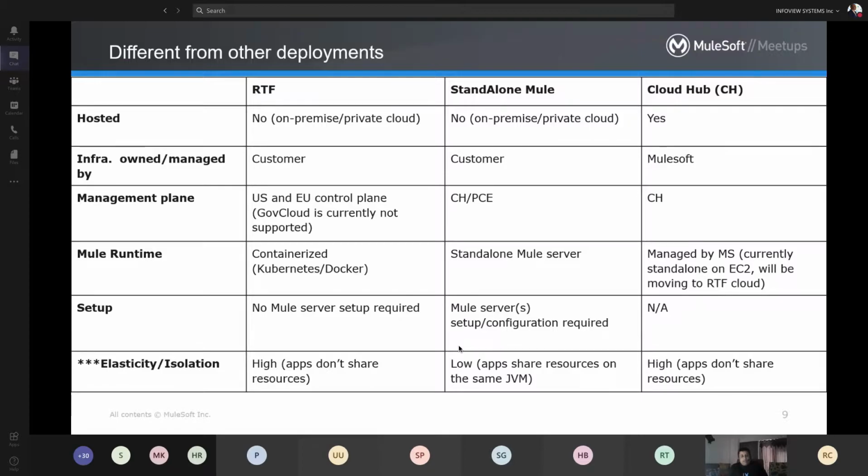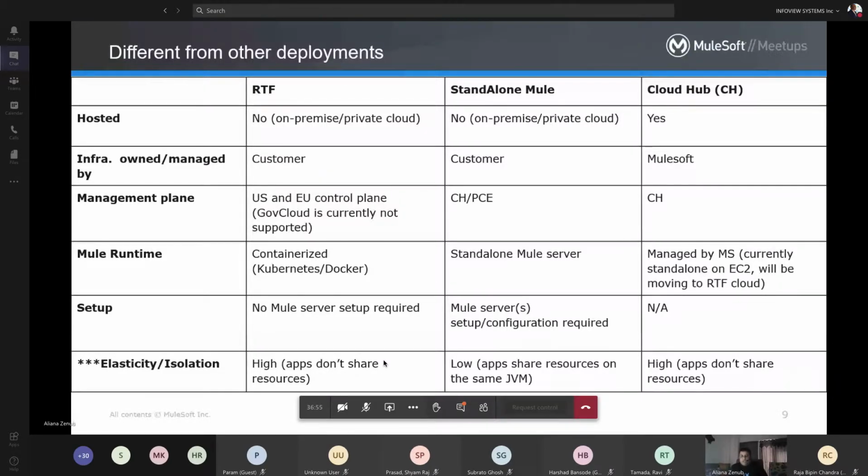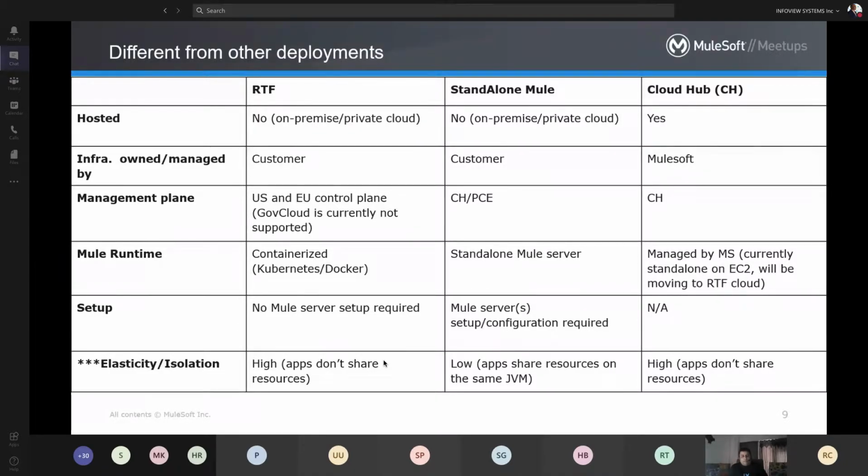The same thing we can see in runtime fabric, where we can deploy multiple instances of the controller or worker to handle requests. The controller has the responsibility in Anypoint runtime fabric to manage the availability of the workers and their resources.